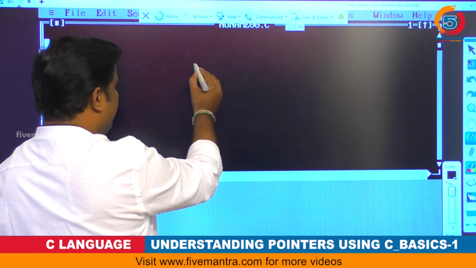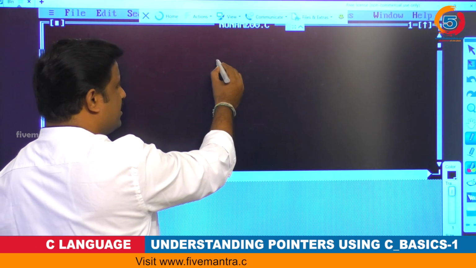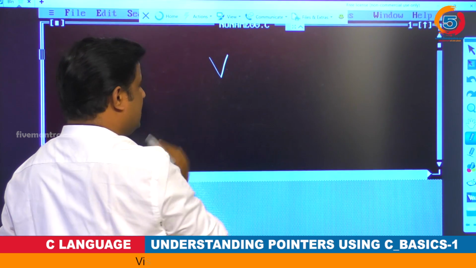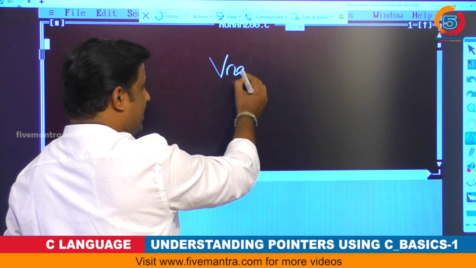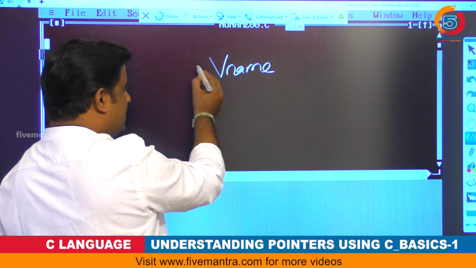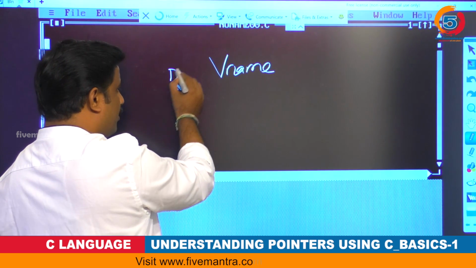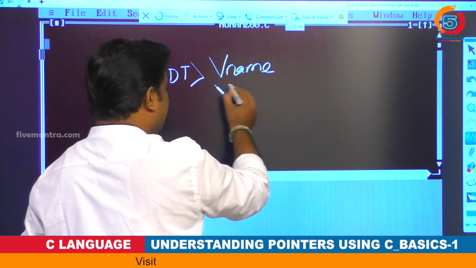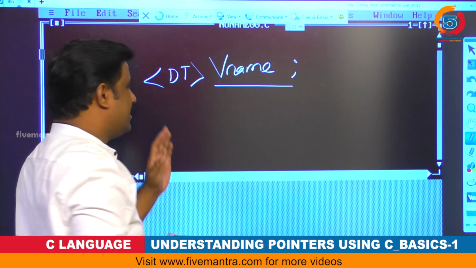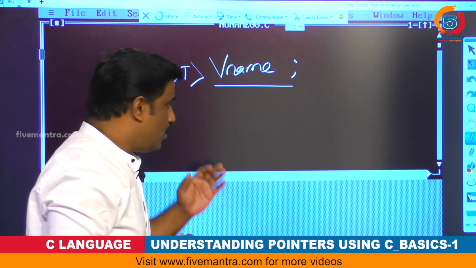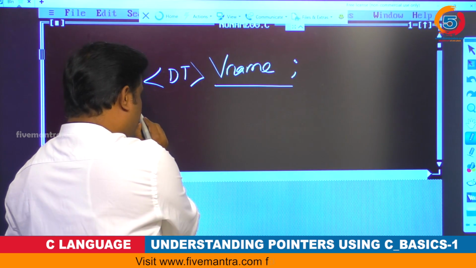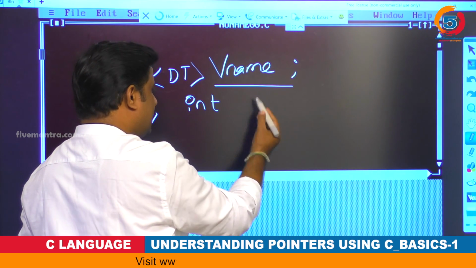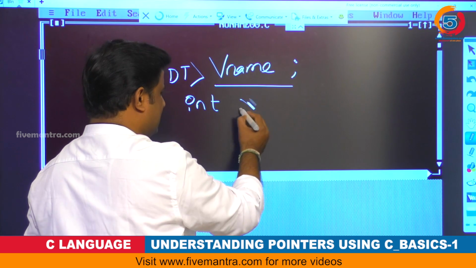When I make a variable declaration, there is the identifier, like a variable name. For an integer variable I have to provide the data type, which is the important part, then the variable name, and a semicolon. This is the syntax I have to use. Now I want to define an integer variable: integer is the data type, and the variable name is x.